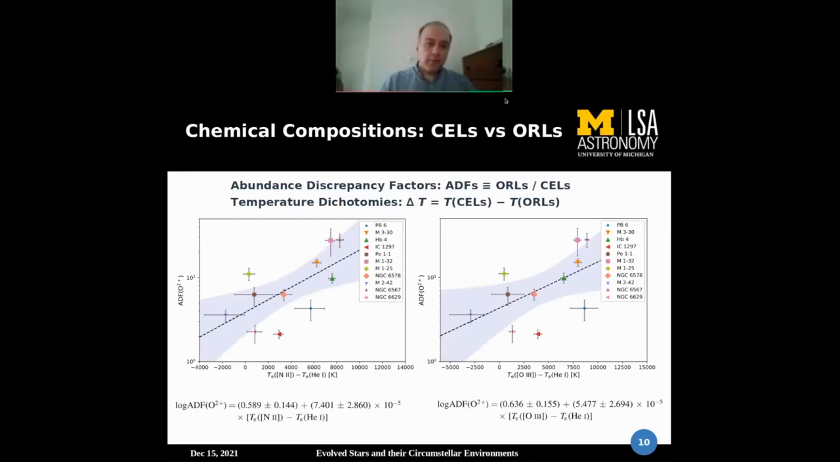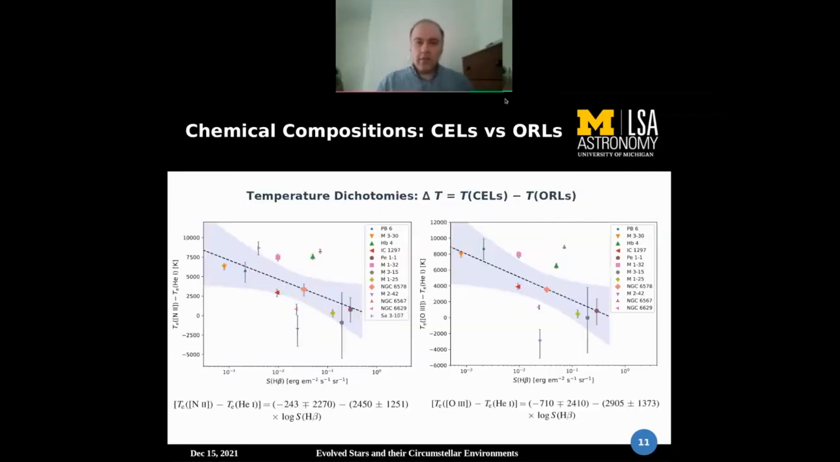And here you see the correlation between the abundance discrepancy factor and temperature difference, which is the difference between forbidden lines and recombination lines. And these correlations likely confirm the previous suggestion that there is a fraction of cool, oxygen-rich dense clump material in diffuse warm ionized gas. And also I found there is some correlation between